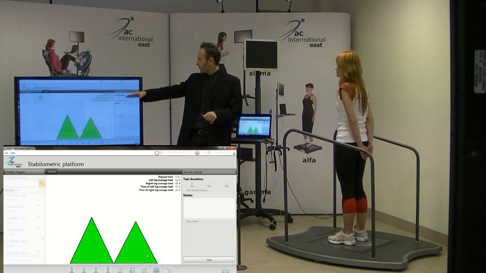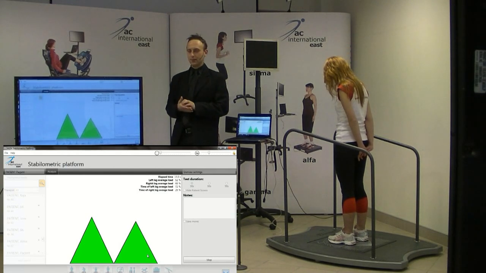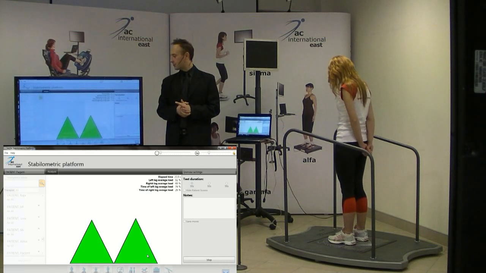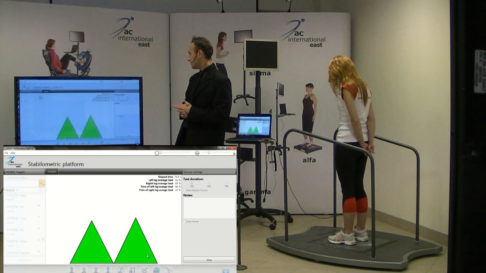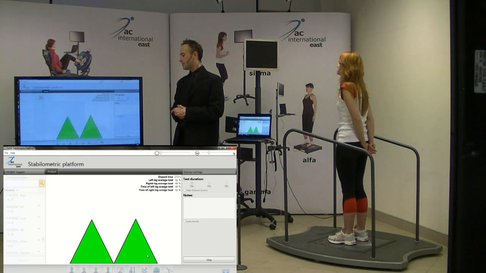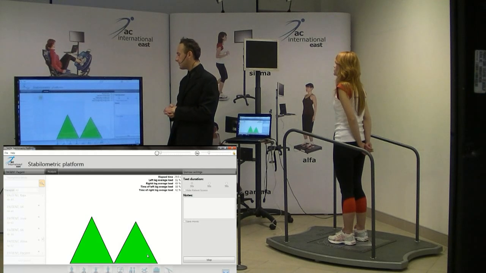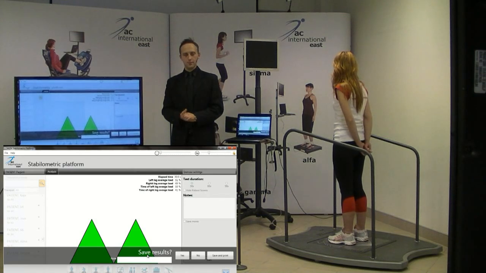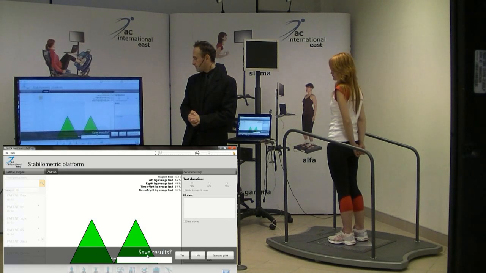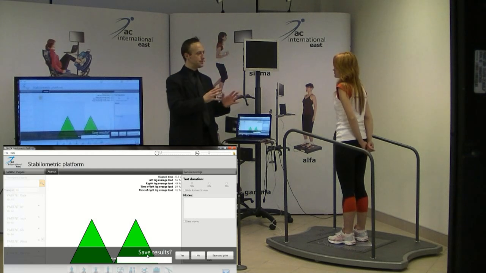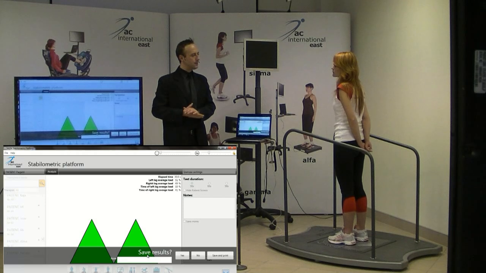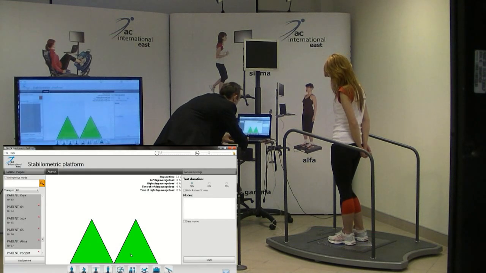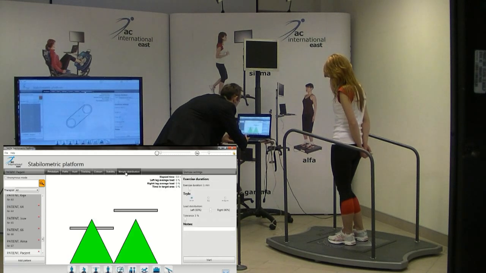lower limb, and the information about the average load for the left and the right leg and also the information about the time of the left and right leg average load. And also we have 2 triangles, one for the left and the second for the right lower limb. Okay, after the assessment we have the report about the patient, but imagine that we want to put more load to the left limb, according to some problems of the patient. So we can go to the exercises, to the wide distribution,